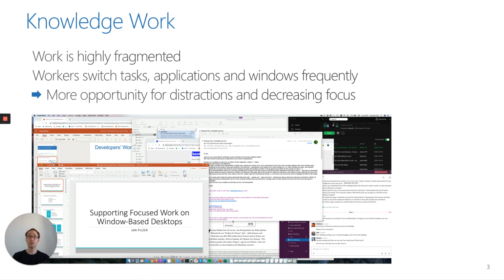Modern, window-based computer systems support multitasking and provide means to have multiple windows open simultaneously. However, with increasing screen size, multi-monitor support, and the ability to use and see several applications at the same time, these systems become more and more cluttered, as you can see in a screenshot of a 34-inch monitor below. This provides ample opportunity for distractions and switches to less relevant tasks, and in turn can decrease the focus of